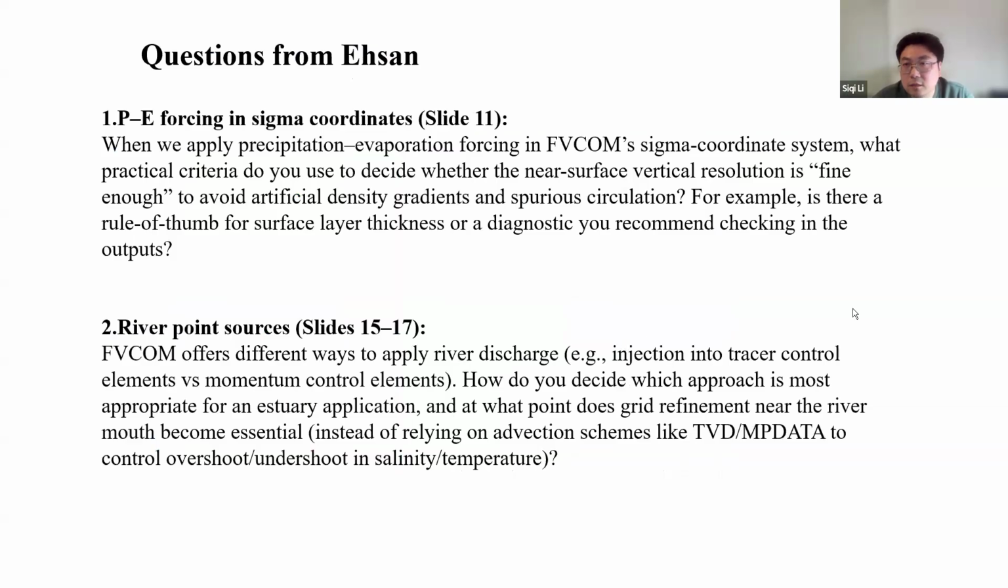The second question is from Aizong. Aizong, would you please say something about your question? Yes, thank you. Hello, everyone. I have two questions, and I think both of them are related to resolution. One of them is vertical resolution, and another one is related to the horizontal. When we consider the precipitation and evaporation forcing in the sigma coordinates,